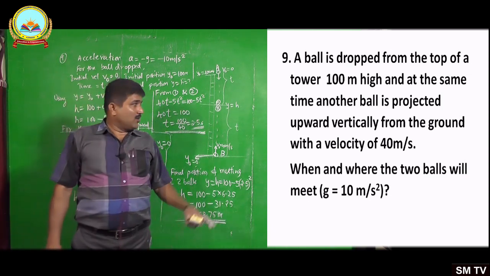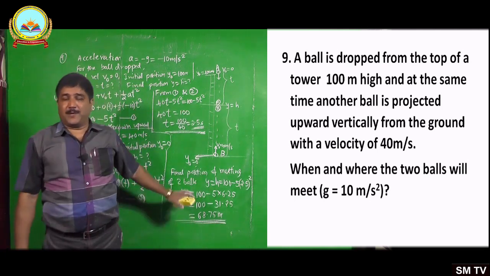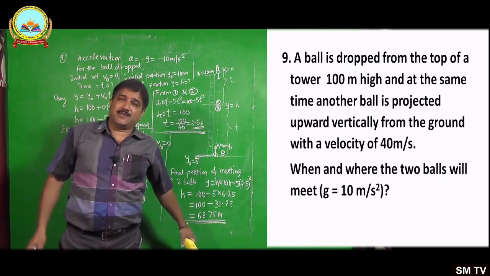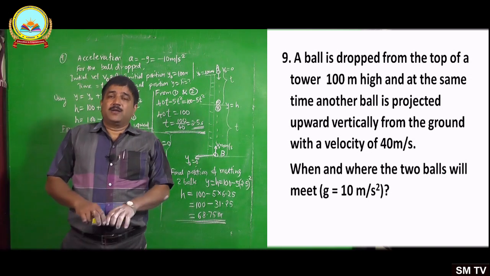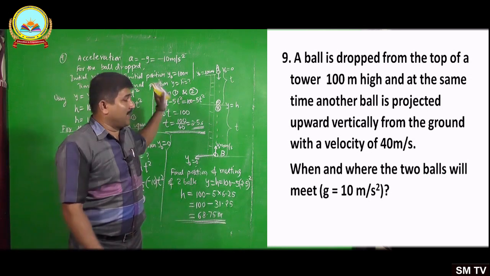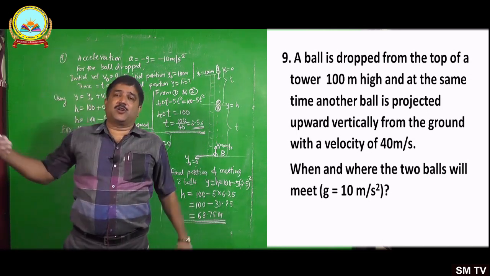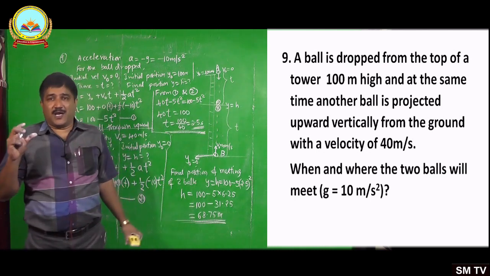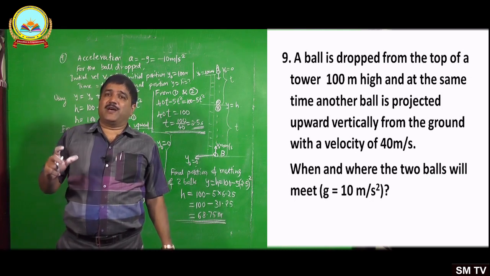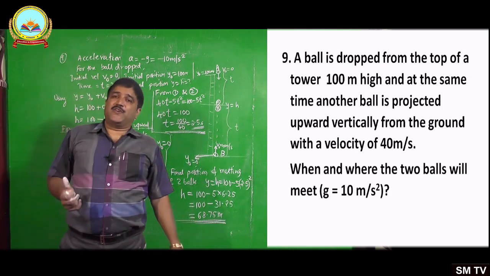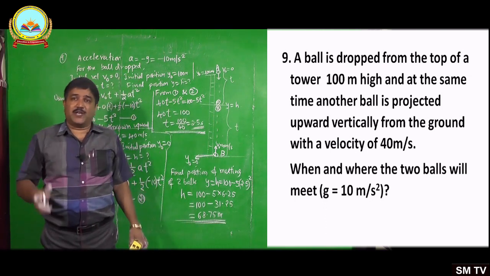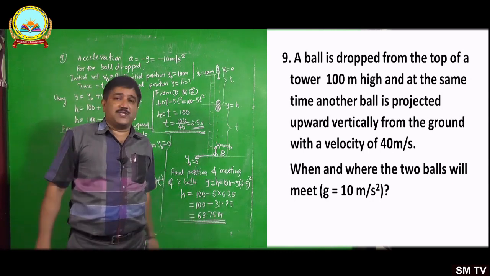long answer questions. Obviously one derivation type of question will come from this chapter, either 3 marks or 5 marks, and one problem for the midterm exam, definitely one problem and one 5 marks question expected here. And in the last 5 marks section, these problems, any type of problem, whether vertical motion or horizontal motion, you have to see the data given first, and which formula is the relevant one, use the formula, substitute the values systematically in SI unit, then after simplifying neatly one by one step, finally get the answer and put the unit. Don't forget to put the unit for the last answer which is asked.